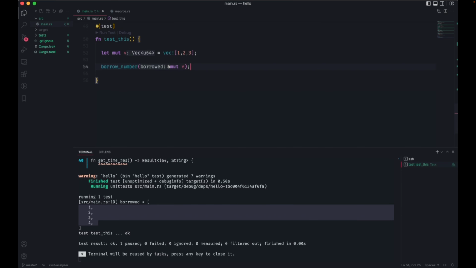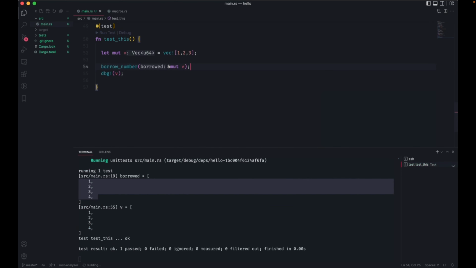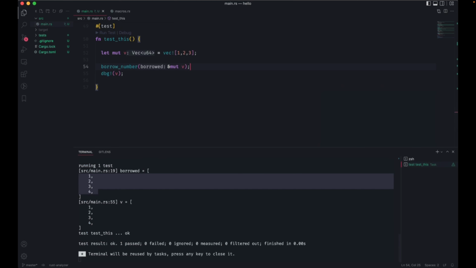And then I'm going to print it out of scope here. I get the same. So this is how you would ordinarily move things around so that they can be changed, and then without changing the owner, you could use it again outside of the scope.